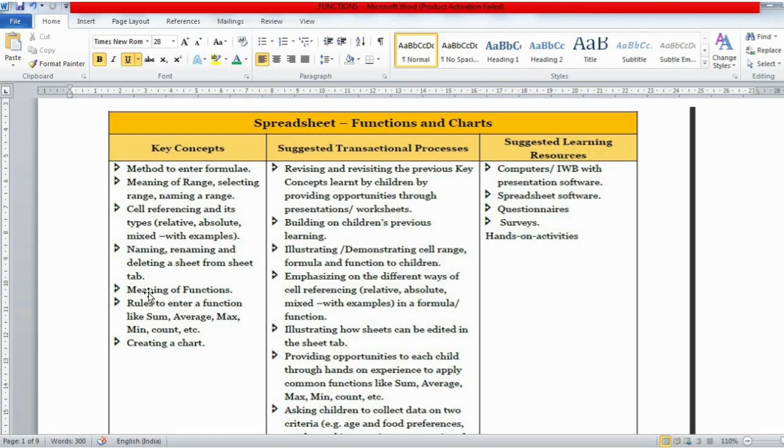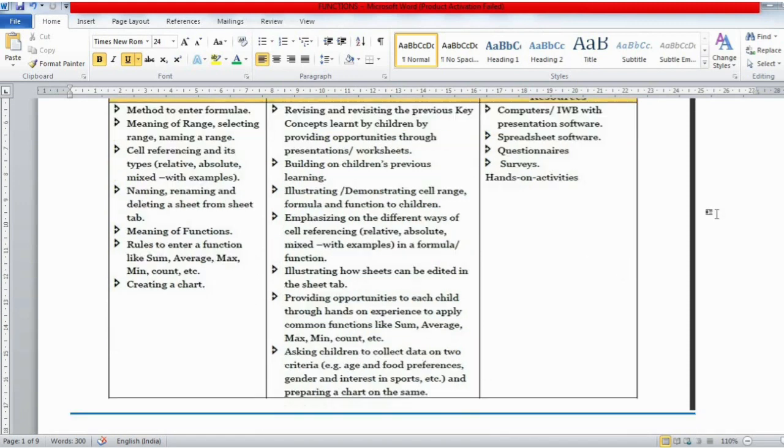One topic is formula errors, so they have removed the formula errors topic from our syllabus. And they have removed one more topic, which is function library. So we will not study those topics.